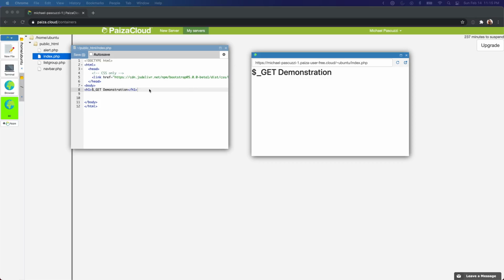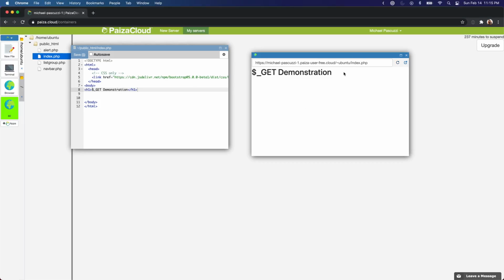So here I've got just a typical HTML page setup. It's running here, you can see it. And so what we're going to do is talk about our good friend $_GET, which is what's known as a super global, meaning that it's accessible anywhere. So if we open up some PHP,